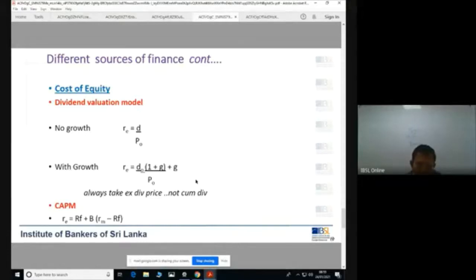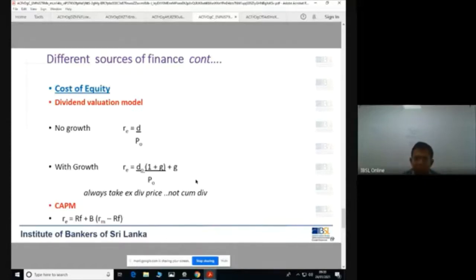Basically, the criteria for you to apply the CAPM formula. Now see growth. Now dividend. Now dividend is basically what? The compensation for the cost of equity, cost of share capital. Now see, if it is no growth, means what? Now this year you have paid 2 rupees per share. Next year you are maintaining the same 2 rupees. You have not increased, you have not decreased. Continuously you pay 2 rupees per share. Then no growth. If it is no growth, this is the formula for you to apply.